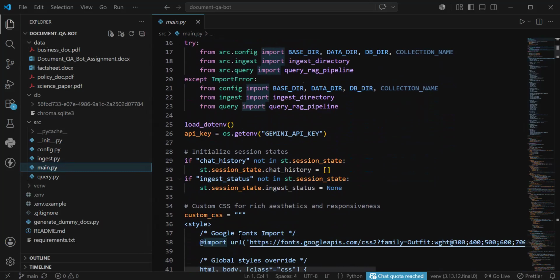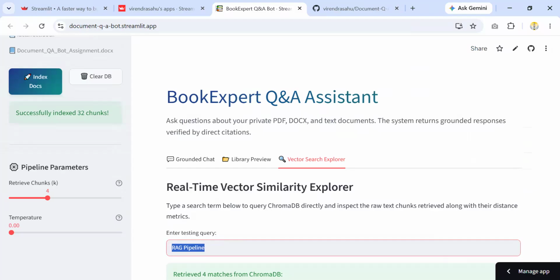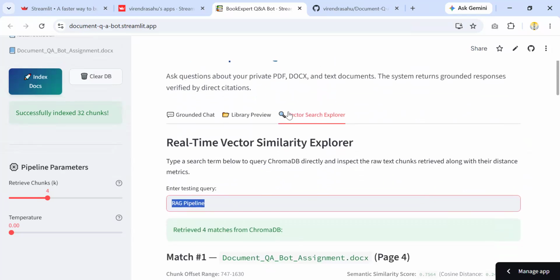So that's BookExpert, a fully functional deployed RAG-based document QA bot with semantic search, grounded answers, inline citations, and a premium UI. The app is live at document qa bot.streamlit.app